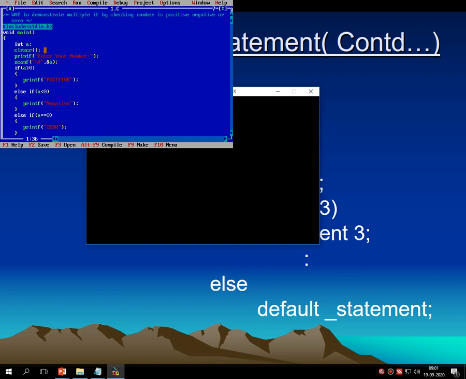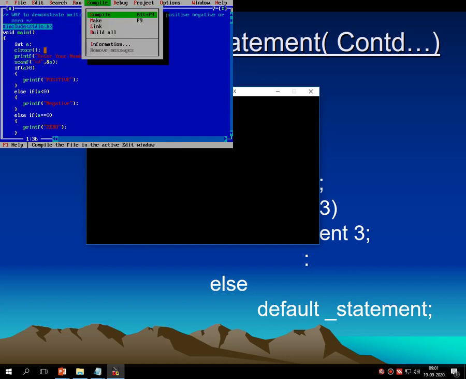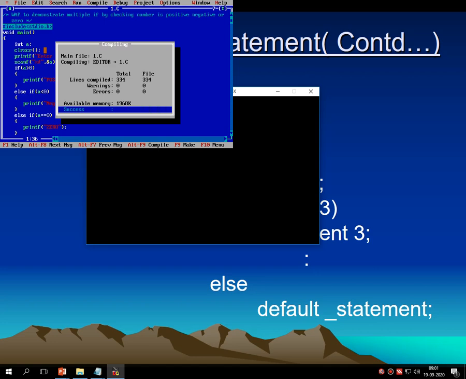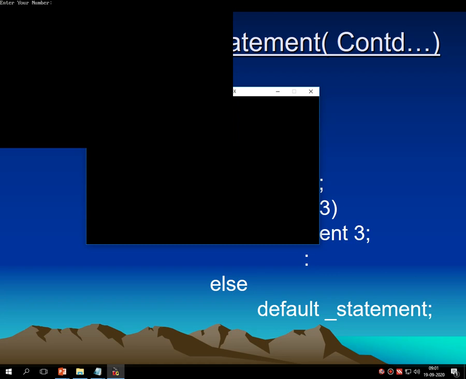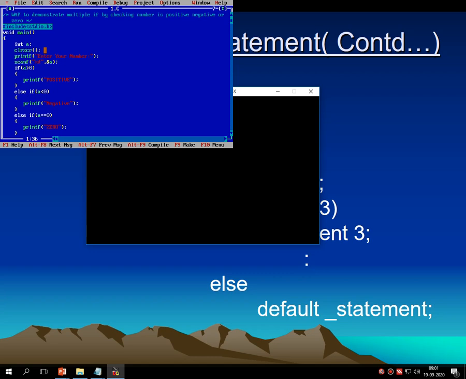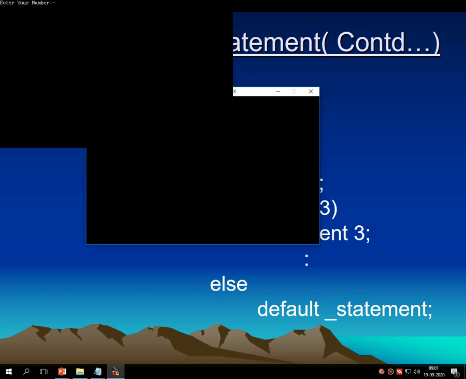As the logical flow gets completed, let's check for the compilation errors. There are no compilation errors. Let's run the code. It asks for the number. Say for example I am entering 2. 2 is a positive number, so my condition 1 becomes true. It returns positive onto the screen. Let me rerun the code. Here I am entering -5. So -5 is a negative number. My condition number 1 becomes false and condition number 2 becomes true. That's why it returns negative.